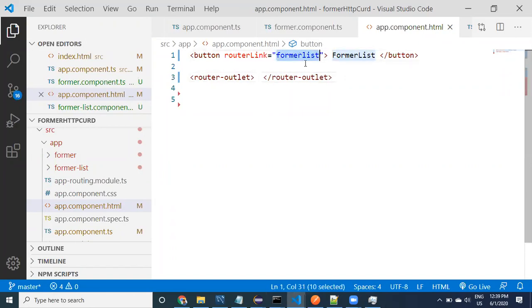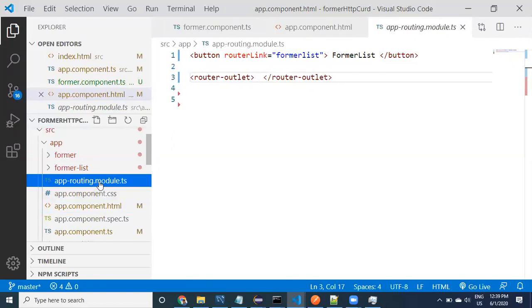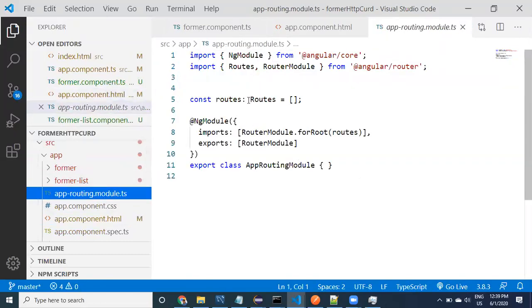If I click on farmer list, which component do I have to call? I will go to the app routing module.